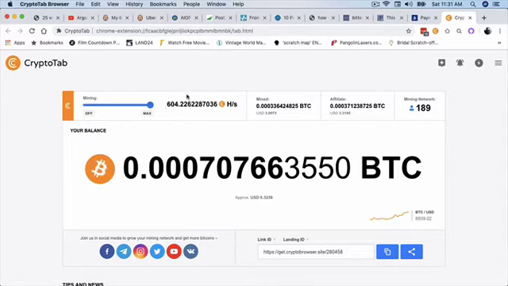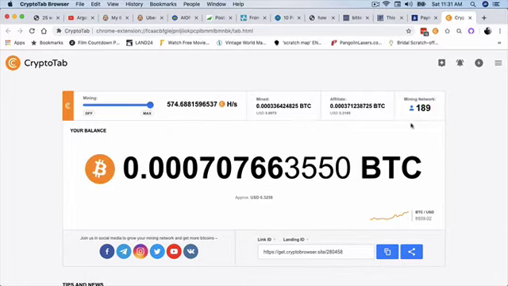Sometimes this drops to 0 when I'm doing certain things, and then when I stop using those resources, Cryptotab speeds back up again. But as I say, if you're on an older computer, you may need to adjust this from time to time. Over here, this area here is how much I have actually mined myself just by having Cryptotab running. And over here is the affiliates.